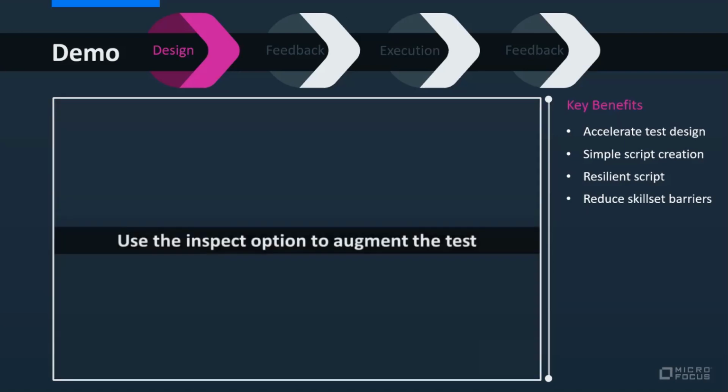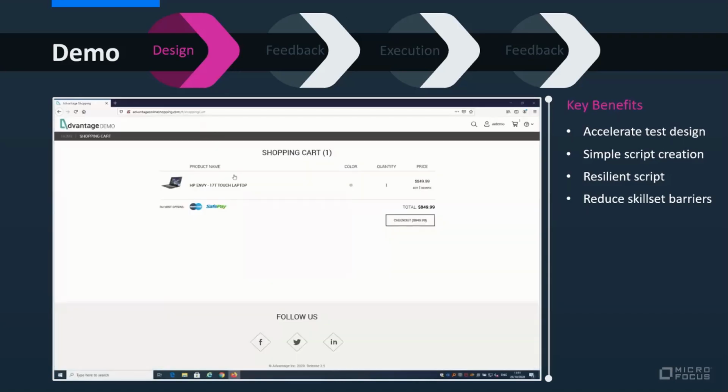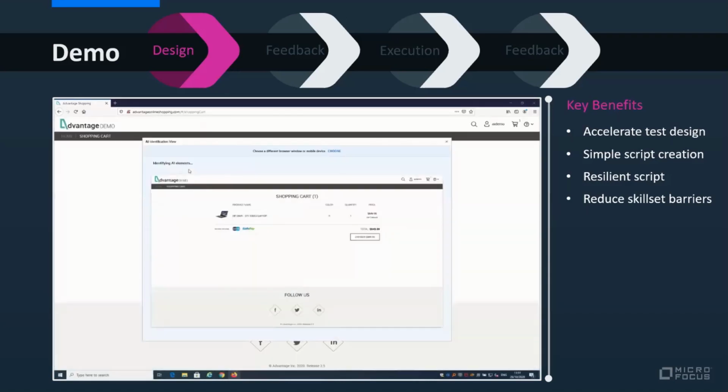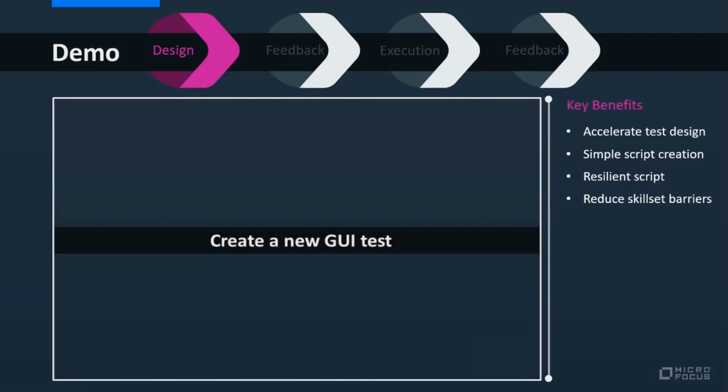So now you can see that the test is created. I can also use the inspect, not just the record option. So inspect will give me also the ability to click on a specific object. I don't need to do the recording A to Z. I can use the inspect in order to improve my test, in order to add some things that I forgot